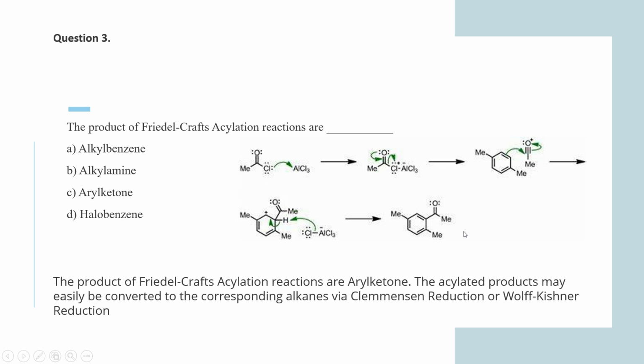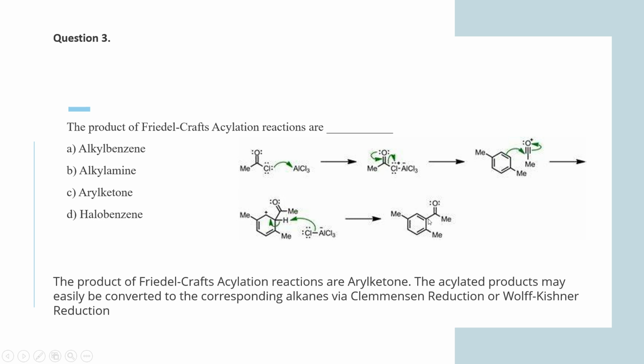So if you look at the product of Friedel-Crafts acylation, what is it? Is it alkyl benzene, alkyl amine, aryl ketone, or halobenzene? It is an aryl ketone. In case of Friedel-Crafts alkylation, we get alkyl benzene as the product. But in case of Friedel-Crafts acylation, following this kind of mechanism, we observe the formation of